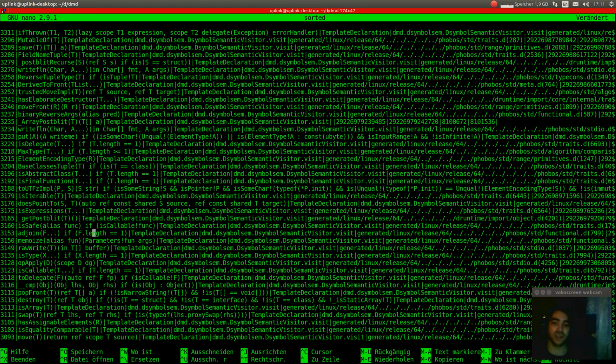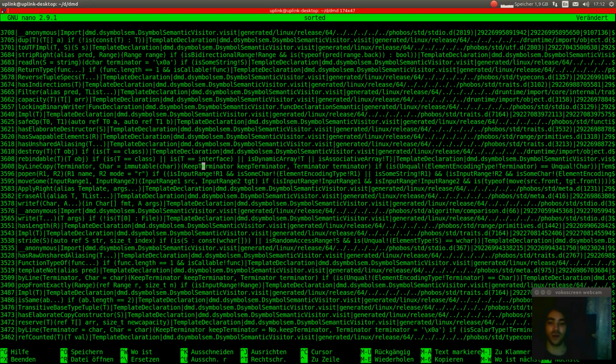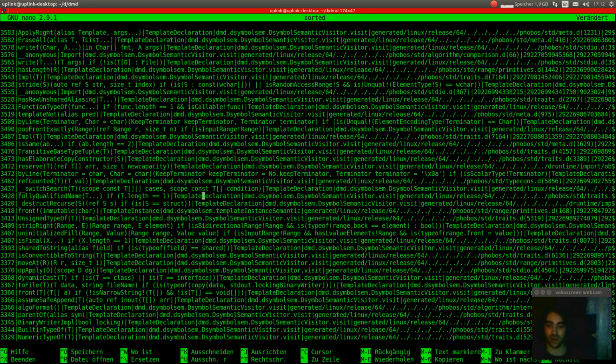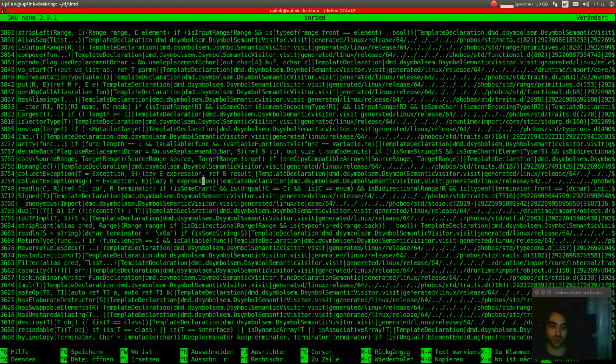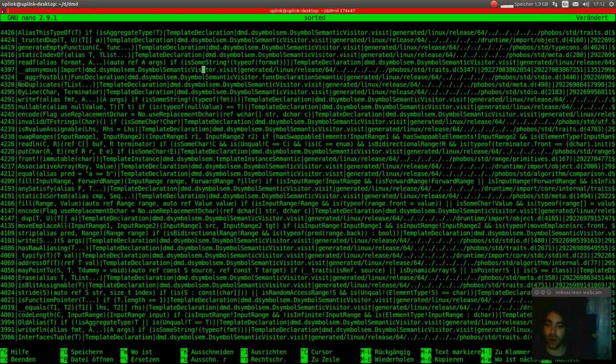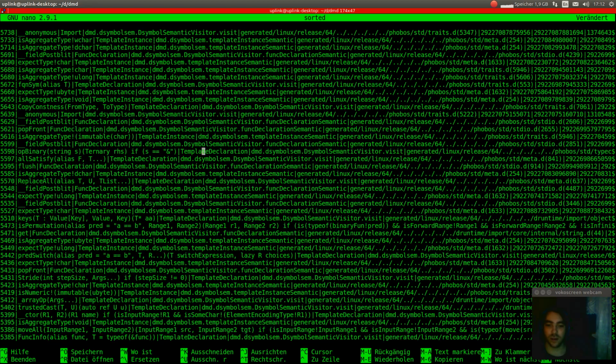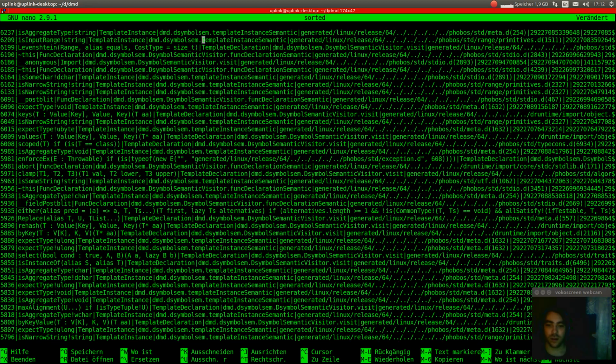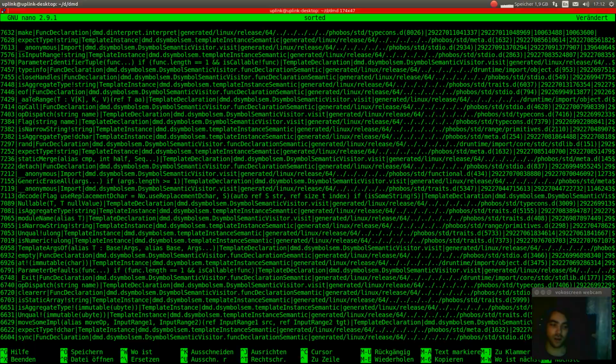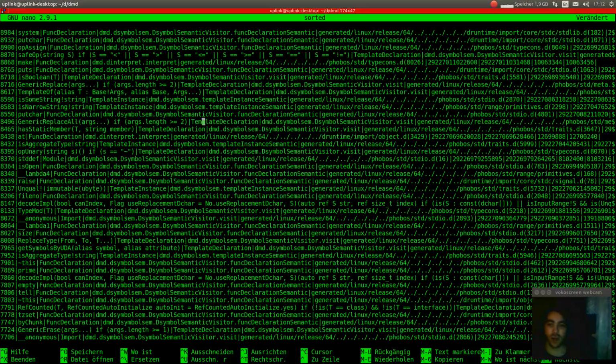Template declarations don't take too much time to process. The template instances do, because on the instantiation the work is being done. I don't know why we need all those declarations to be processed. Are they all imported? It could be. Anyway,